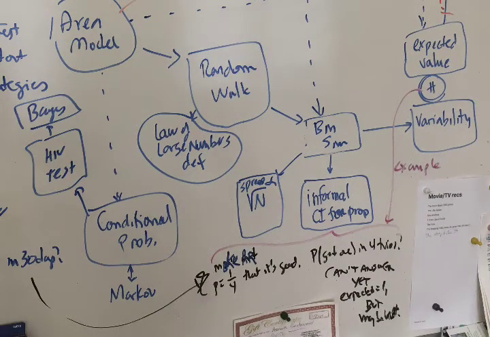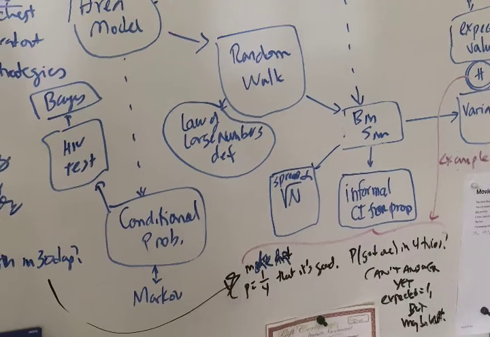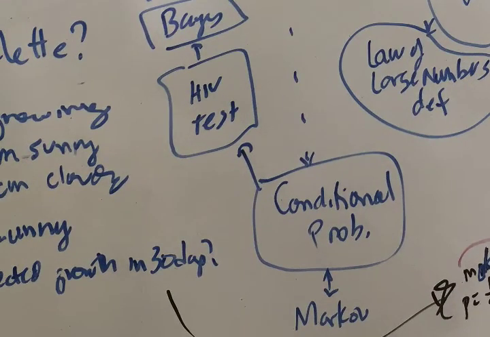Over here on the left is an area we haven't done very much. There's this area on conditional probability, which by the time you watch this, maybe we will have discussed. There's a little arrow to Markov, which is a game we definitely will play. And this here is HIV test, which could be a COVID test, but